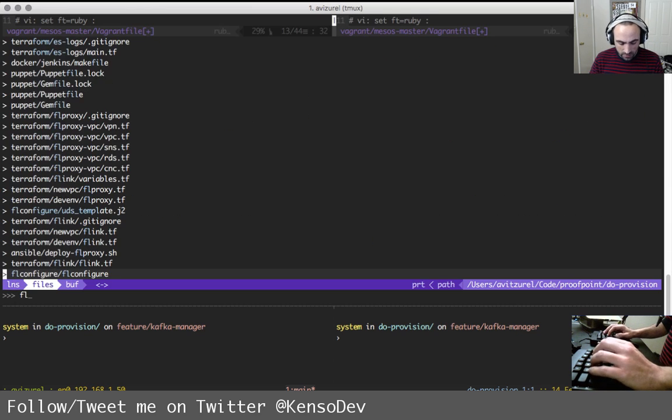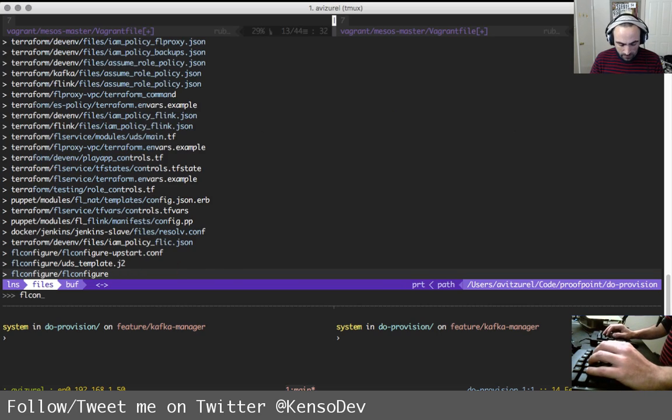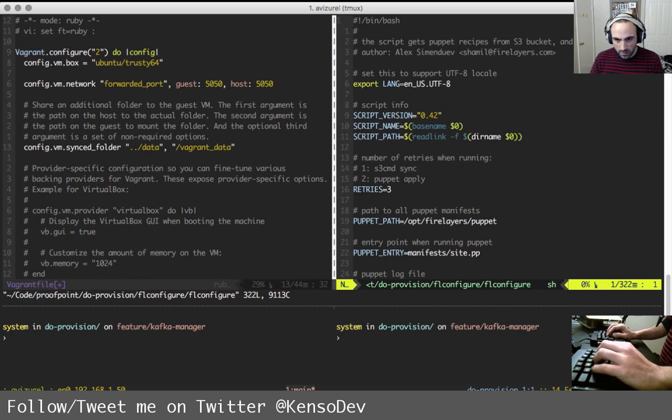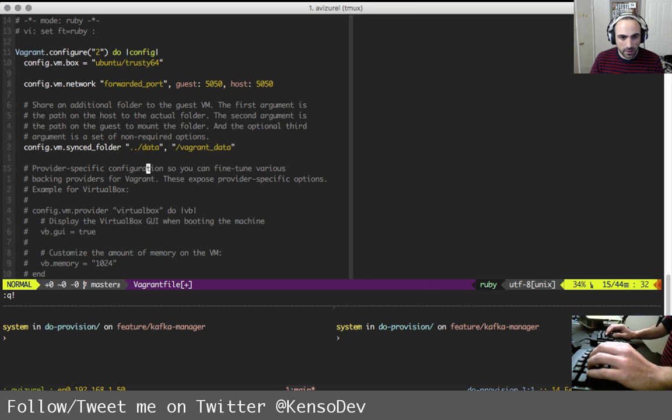So fl configure, and we have a Puppet path. So it's this one. And this is going to be the folder, and we are going to sync.